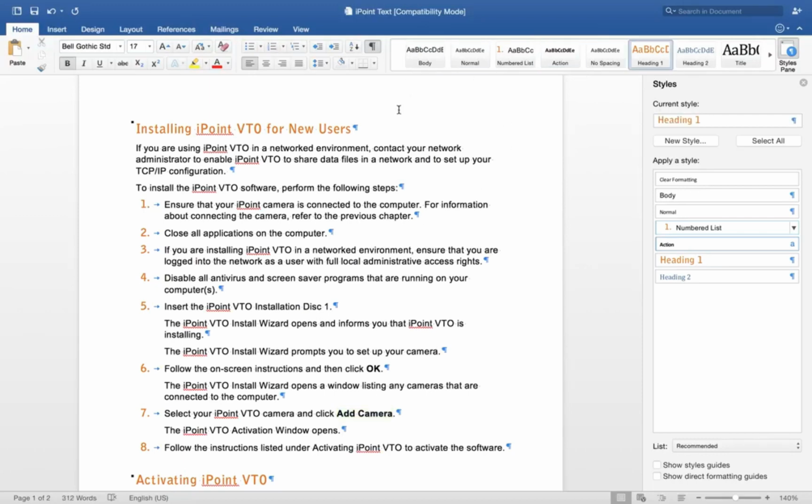In summary, what we have done is I've shown you how to create a style based on text that you have formatted manually, as you're accustomed to doing. I've showed you how to create a style by modifying an existing style. I've also taught you how to create a new style based on another style by way of adding a new style on top.